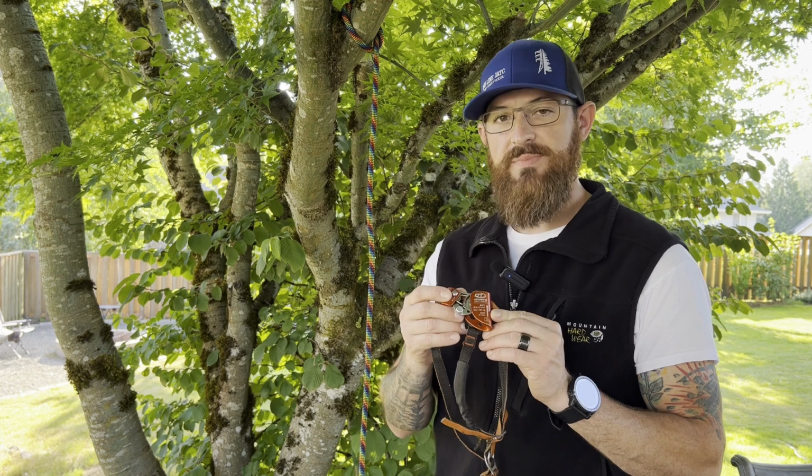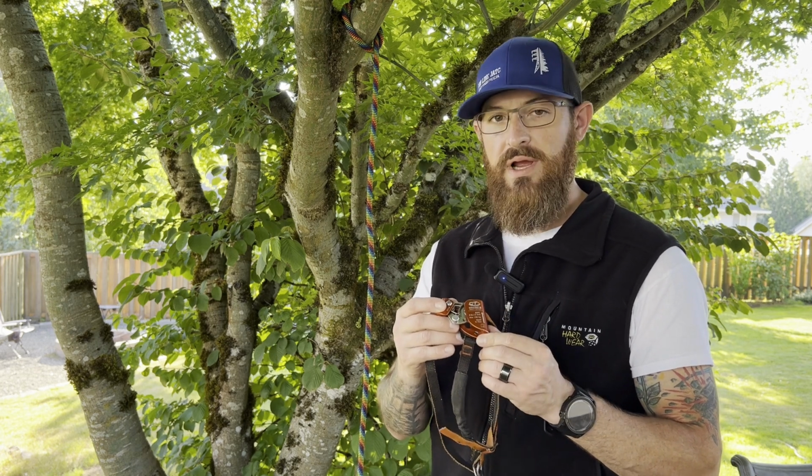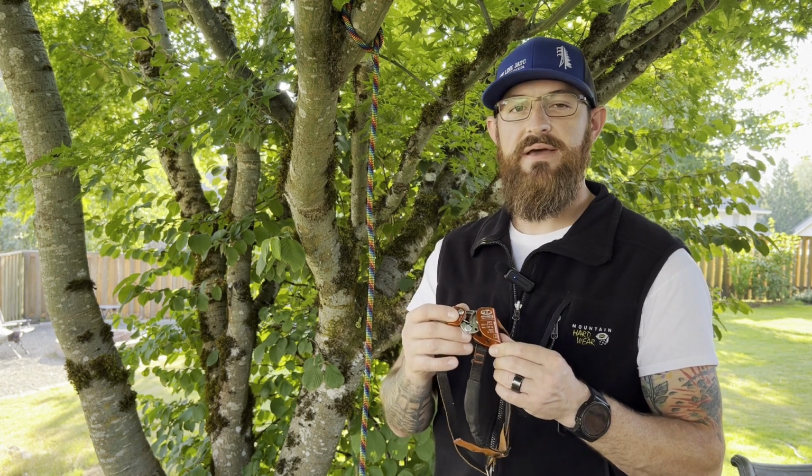This is the CT Quick Step. This is my preferred foot ascender. The reason why I use this foot ascender is because